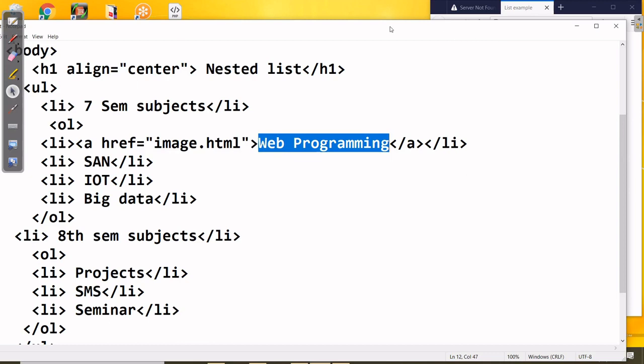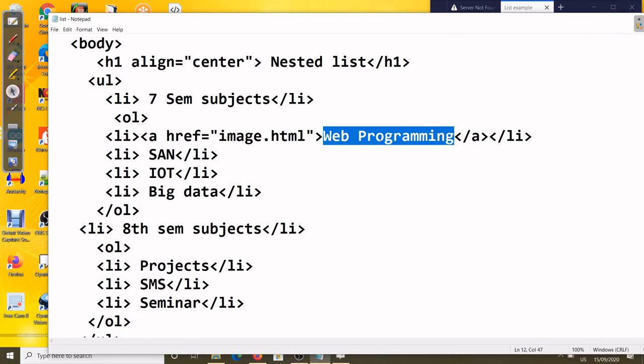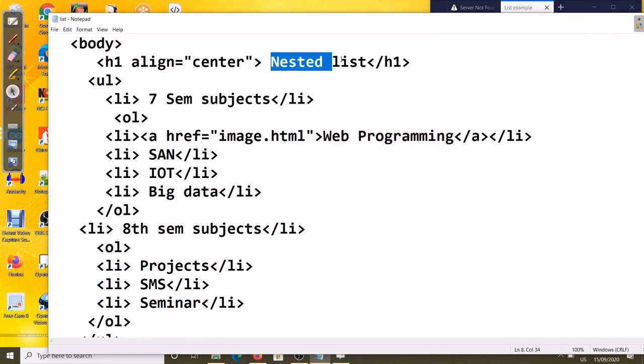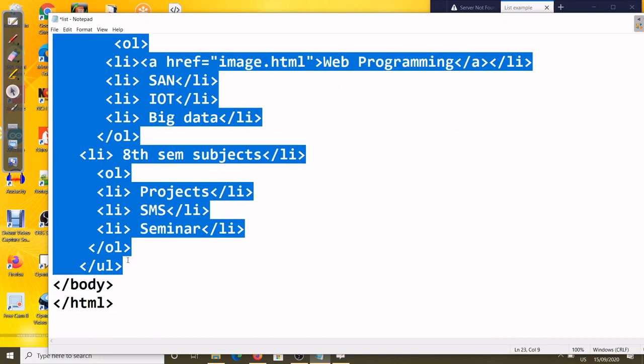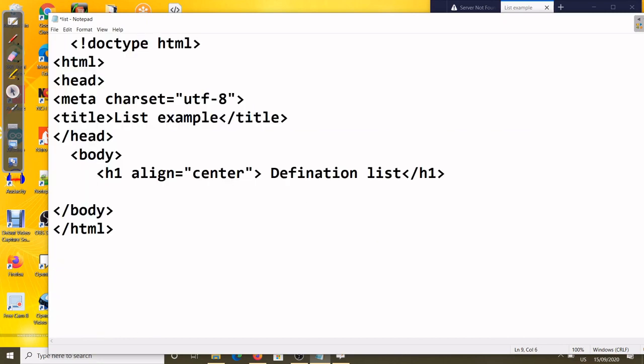Now we'll go for the definition list. What is the syntax? I will just remove everything here. For the definition list, the first tag is called DL.